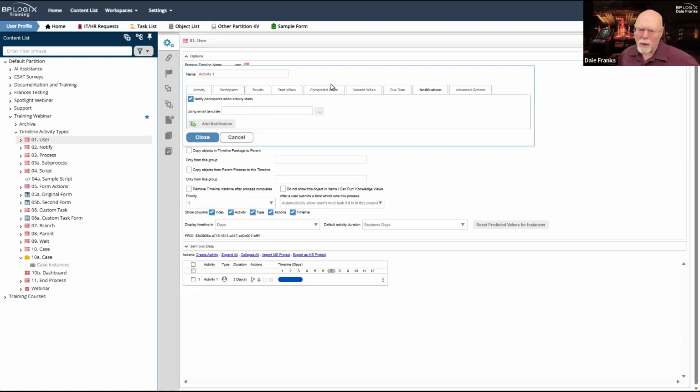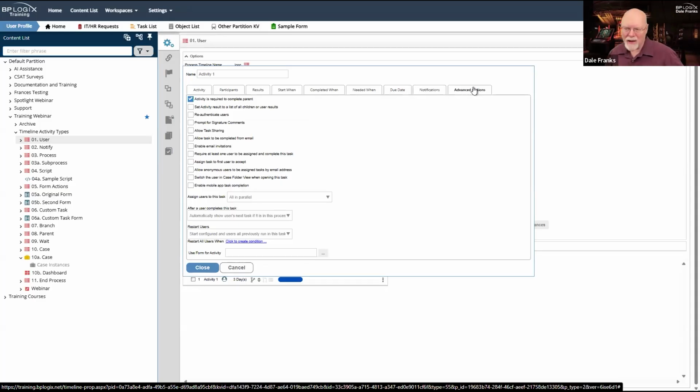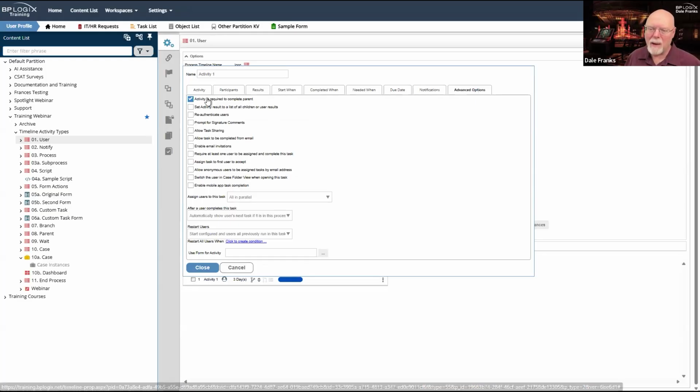There's also one more big difference in user activities than other activity types, and that is the advanced options tab. Most activities have an advanced option tab, and most of them have one property: activity is required to complete parent. That's always turned on by default for all timeline activity types, which means if you have a parent activity, that parent activity can't end, whether it's a looping segment or not.